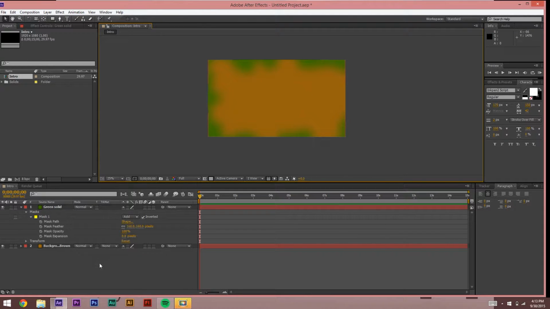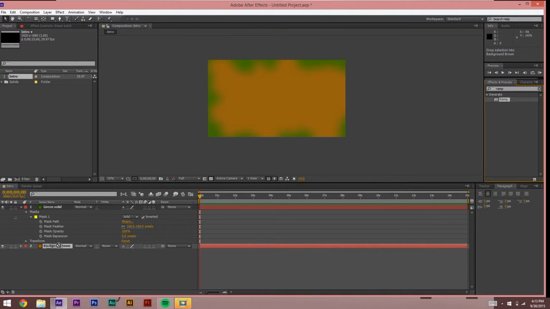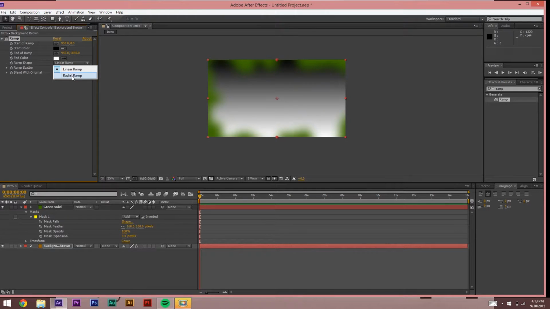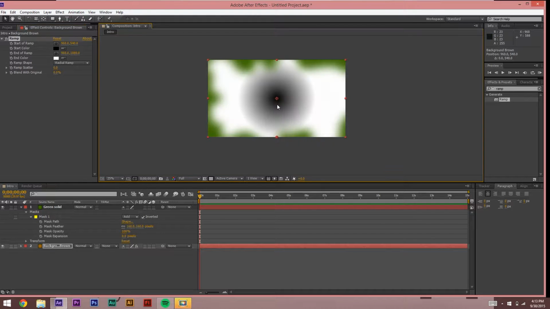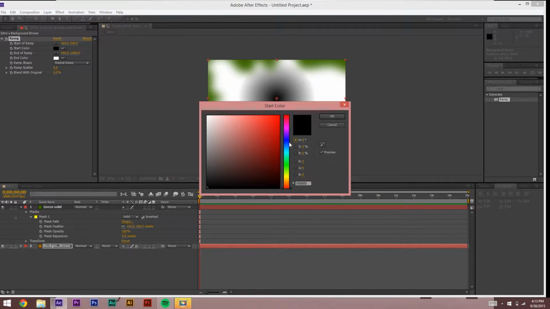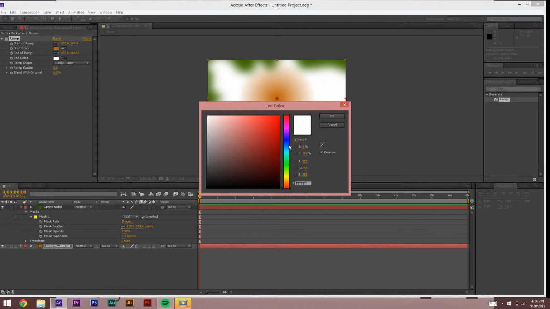That looks pretty good. I'm then going to go over to my effects and presets and type ramp, and let's chuck a ramp effect on the background, and let's make it a radial ramp. If it's a linear ramp, it starts one color and ends the other. If it's a radial, it does the same thing, but it does it around the anchor point, which is this little circle. So I'm going to put that in the middle, and then I'm going to change this to more of an orange, and this one I'm going to change to orange. I think that'll look better, and this one I'm going to make green,